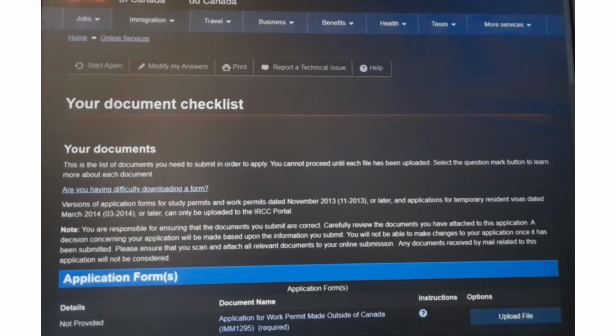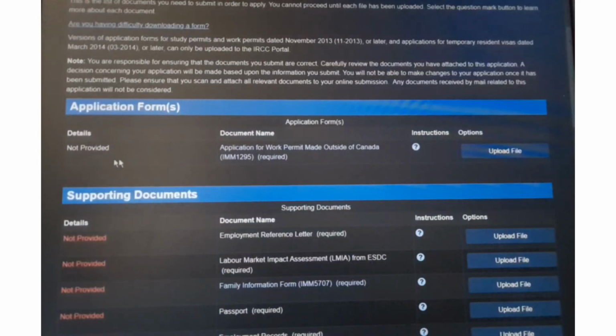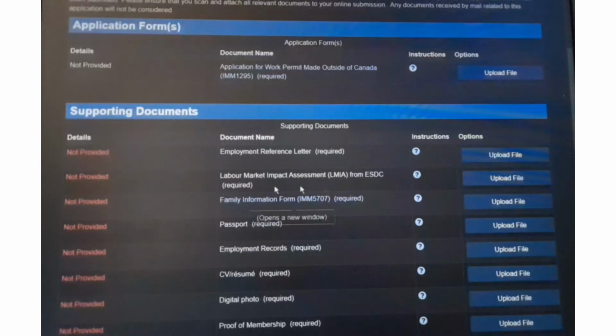So here you're going to come to your document checklist, the application forms. Based on the information that we have provided, we are going to need an application for work permit made outside Canada. You upload that file. Then you are also going to need